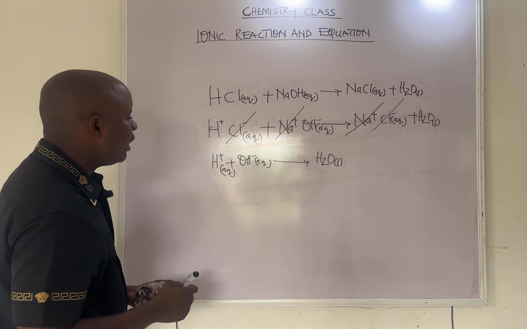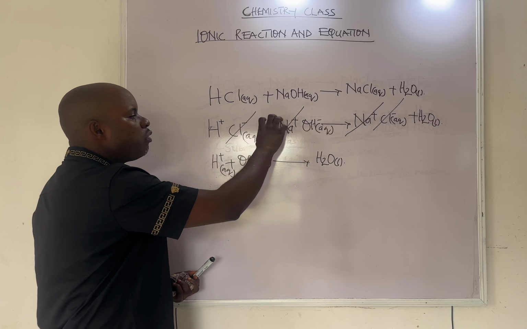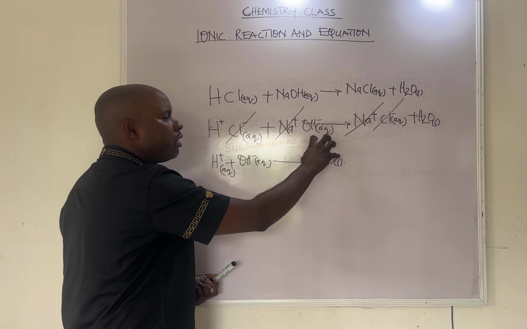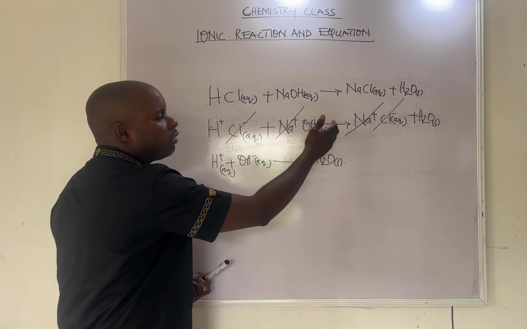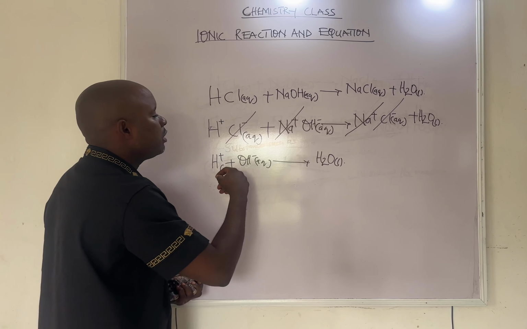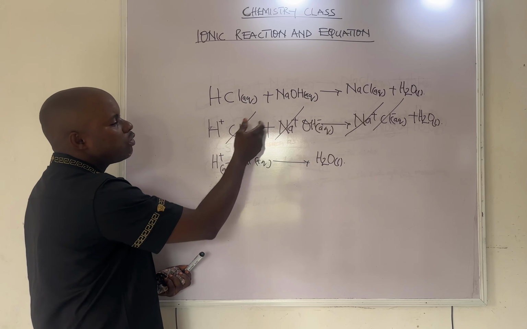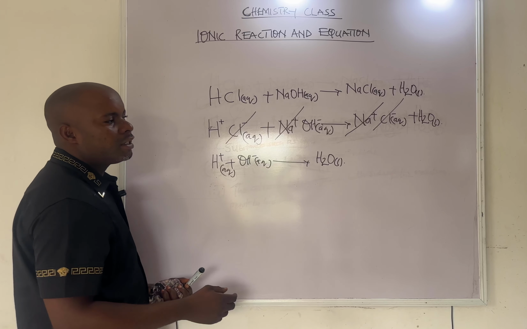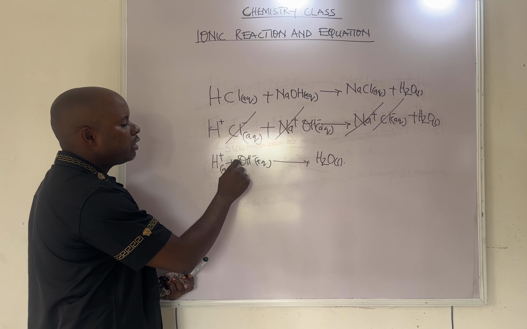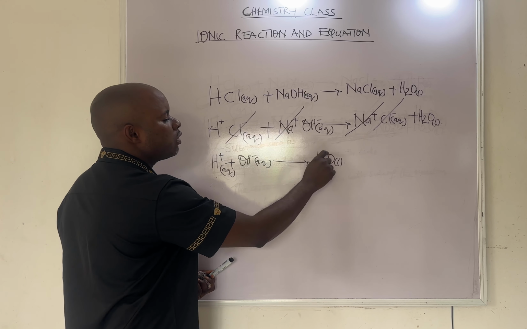So what we do here is that when you dissociate these compounds, when they dissolve in water, according to Arrhenius, they give what is known as moving particles. These particles are known as ions, as I've said. So when they break down, you're going to have the positive and the negative. The next step is to cancel out whatever is present at both sides, so that the final equation is hydrogen ion reacting with OH ion to give